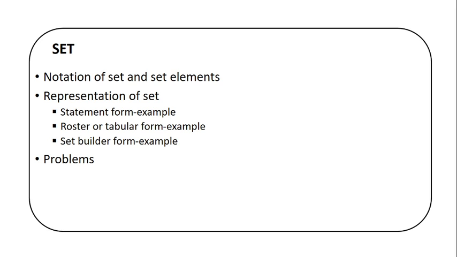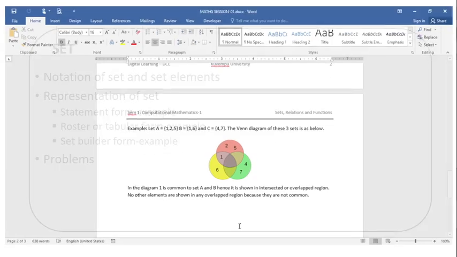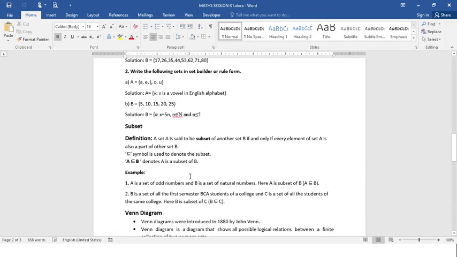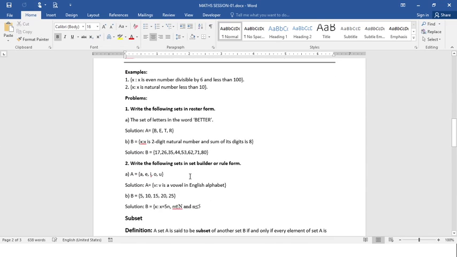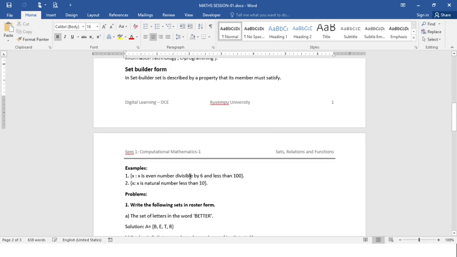Next is set builder form. In our set builder form, the set is described by a property that its members or elements must satisfy. Example, we can see how we can represent our set in a set builder form.